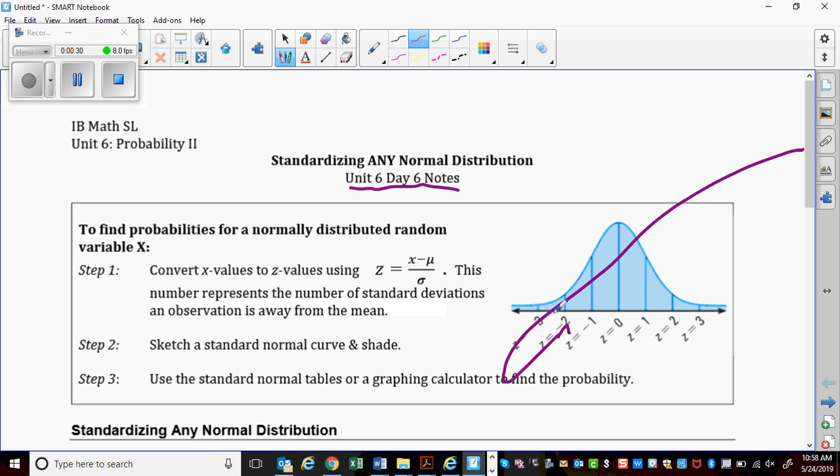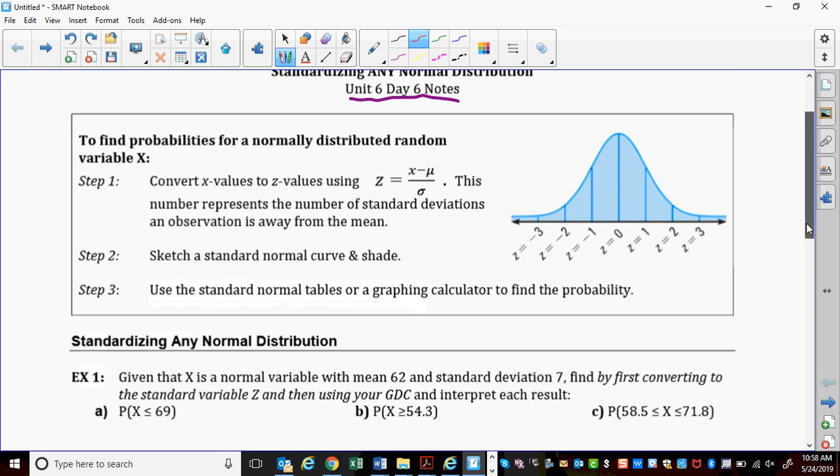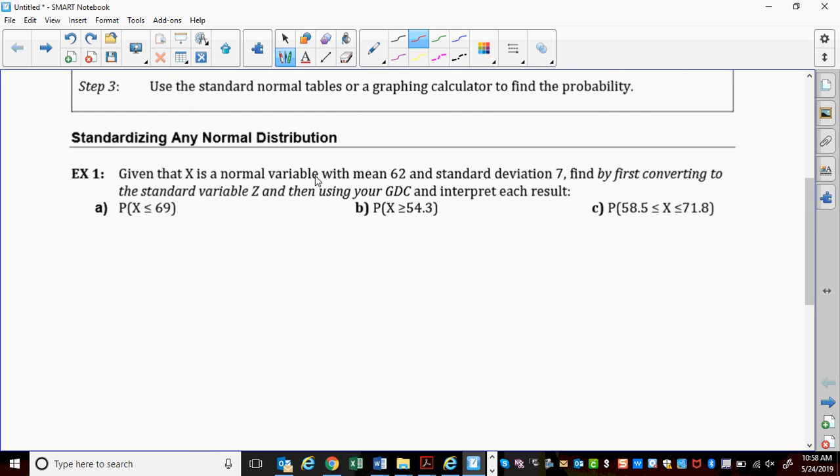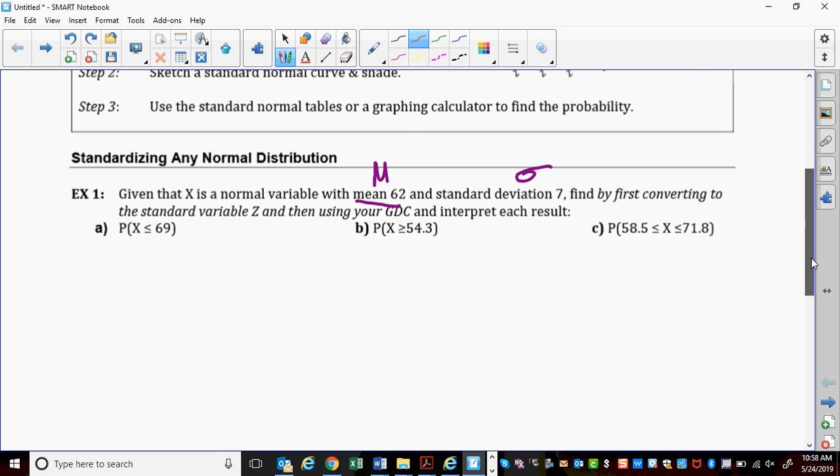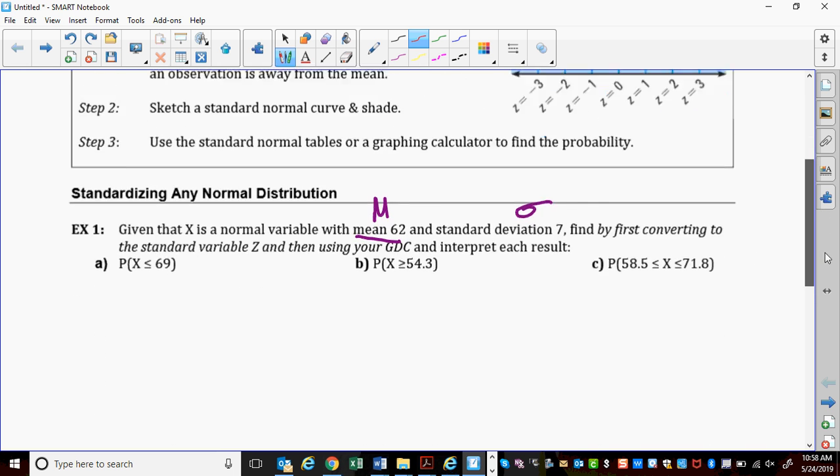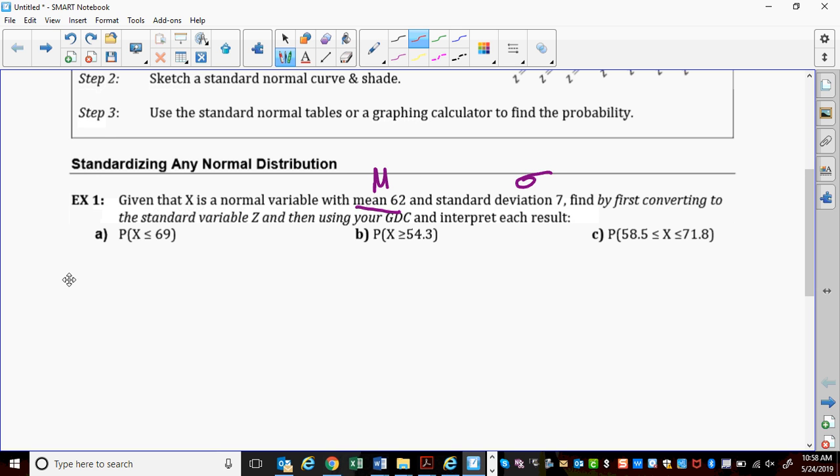Remember, this is our curve, our normal curve. So let's look at this. It says standardizing any normal distribution. Given x as a normal variable with mean 62 and standard deviation 7, find by first converting to standard variable z, then using your GDC and interpret each result. Okay. So they want us to find first using the formula, which is the probability of the z-score is